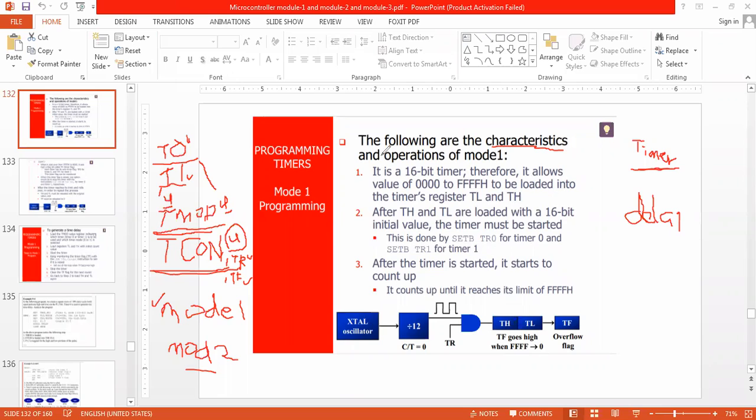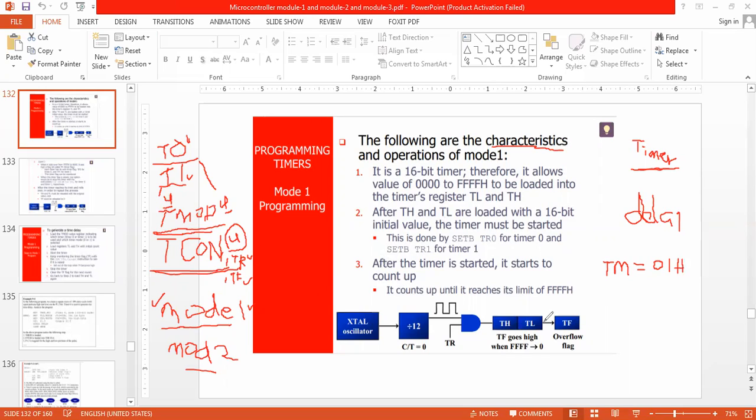Okay. So now here, let us start to work with mode 1 operation. What will be the value of the Tmod register? Tmod is an 8-bit register. It is not bit addressable, but byte addressable. So the whole byte should be written. Because I have to use mode 1 operation, I will write 01H into the Tmod register.